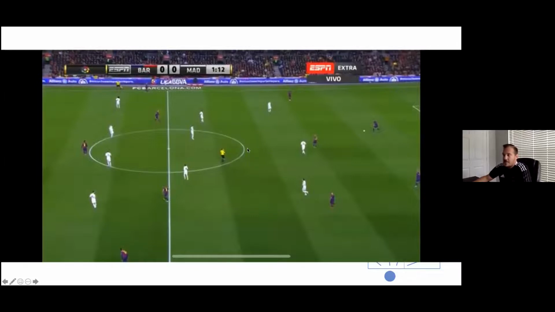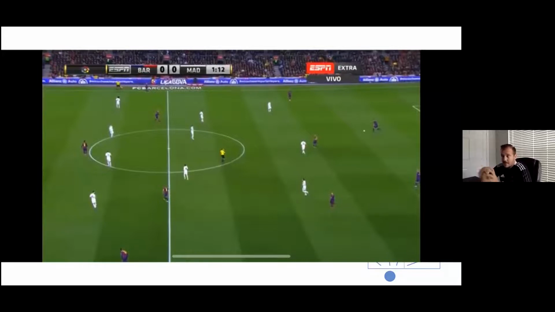Against these compact teams of the modern day, Barcelona would still have to threaten the middle, but when you threaten the middle against these compact teams and they're really tight together, you can immediately play it wide to Messi to dribble on the wing 1v1 or Neymar 1v1. And that's what you see a lot more in these teams today, where you see Guardiola's City where there's like a Sterling wide or a Mahrez wide versus trying to find these guys in the middle constantly to always overload the middle. So Guardiola's Barcelona, they were able to always play into the middle.